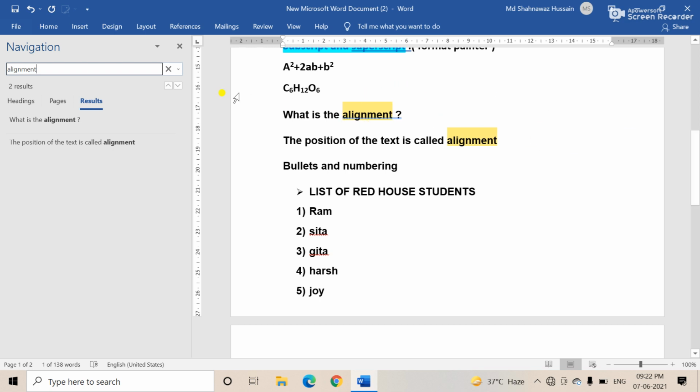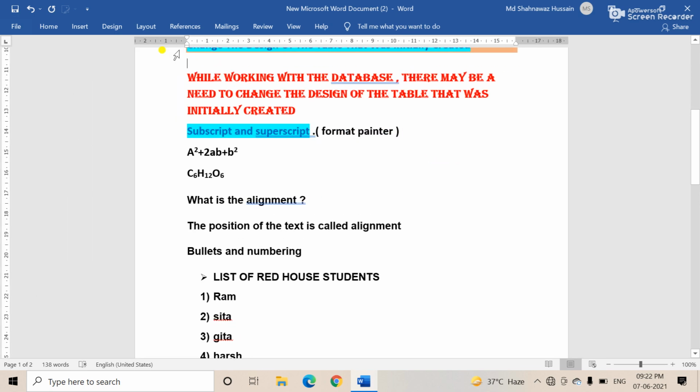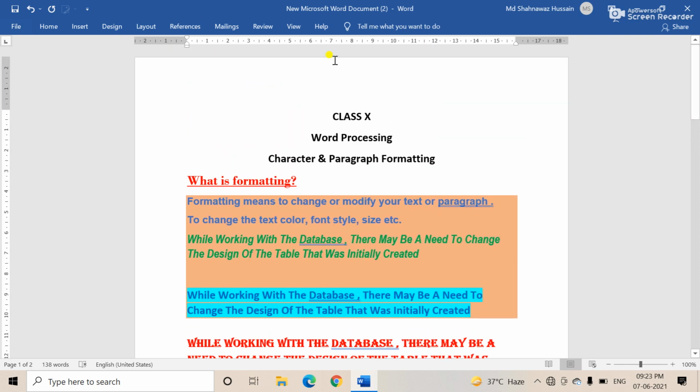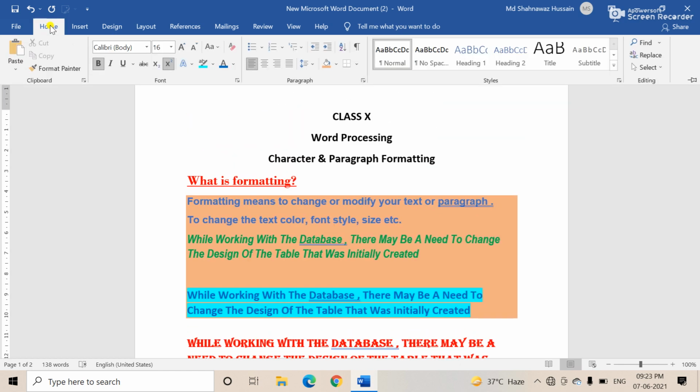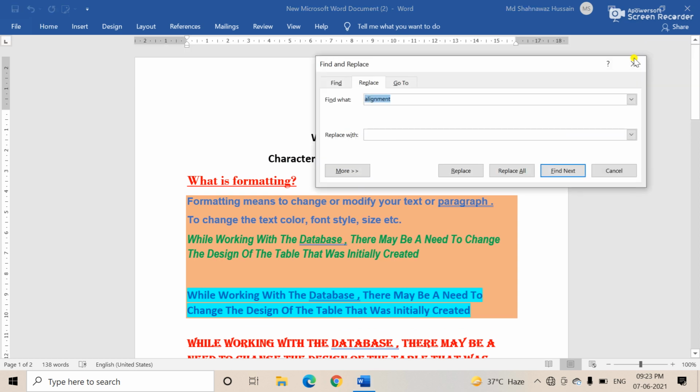So this is the use of find. Okay, so all of you go through it. It is very useful when you are typing, suppose, 10 pages or 15 pages.